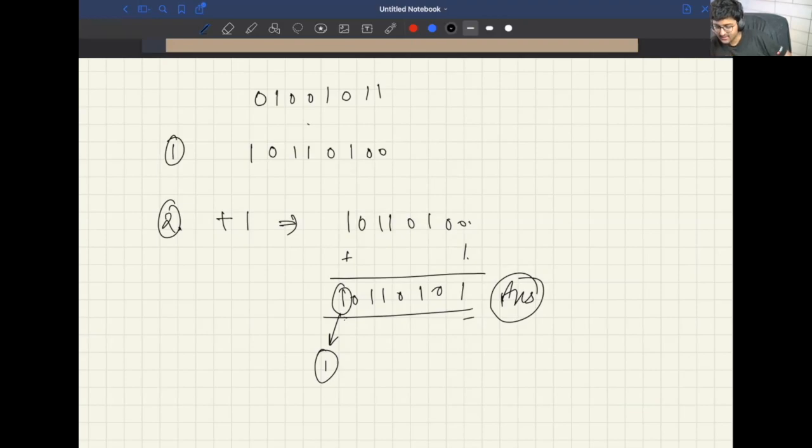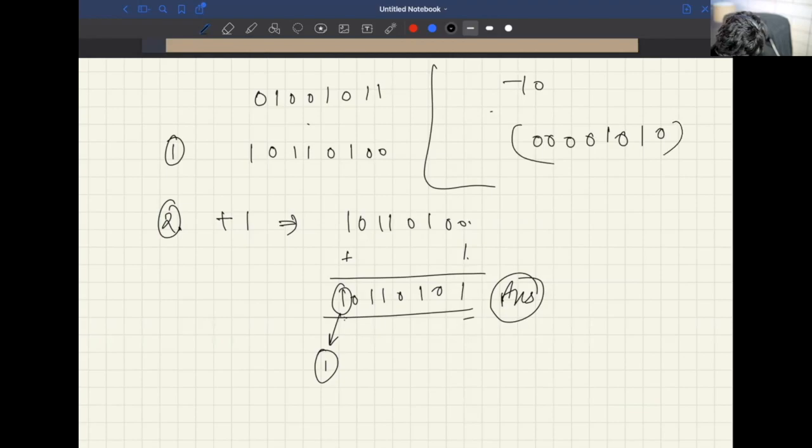Okay. Don't worry about why this is working like this. That is something I'm going to explain in the next step. But can you all understand how you can convert any binary number into a negative of its representation? If I'm saying what is going to be -10, right? So I can say 0, 1, 0, 1, 0, 0, 0, 0. Negative of this number, -10 in binary representation. Flip all the bits. That is the first step. 1, 1, 1, 1, 0, 1, 0, 1, and add 1 to it.